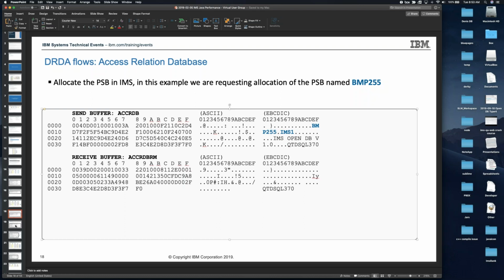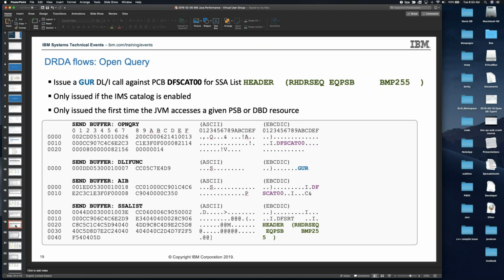From a GUR standpoint, what we do is we issue an open query flow over that basically tells us which PCB we're going after. The DFSCAT00 is the PCB that's attached to every PSB when IMS catalog is enabled. And so we're saying against the IMS catalog, we want to issue a GUR call, and we're going to send over this SSA list for that GUR call, which basically says give us the